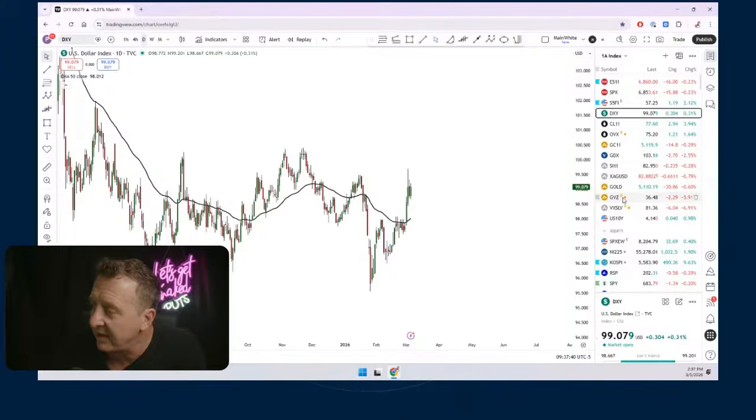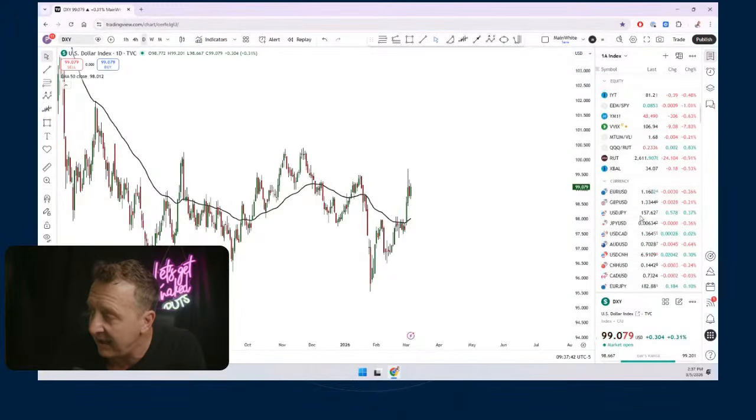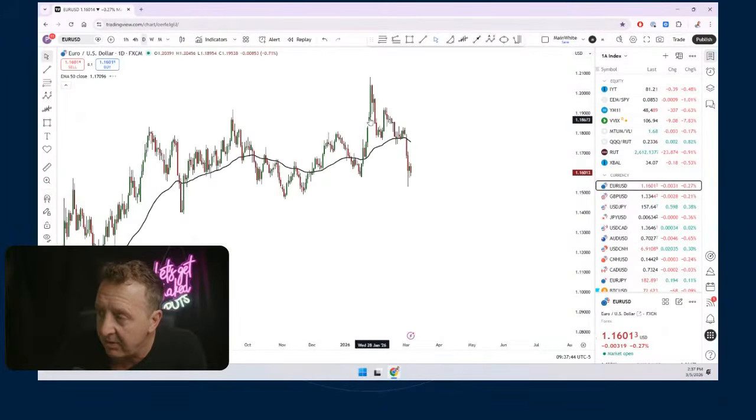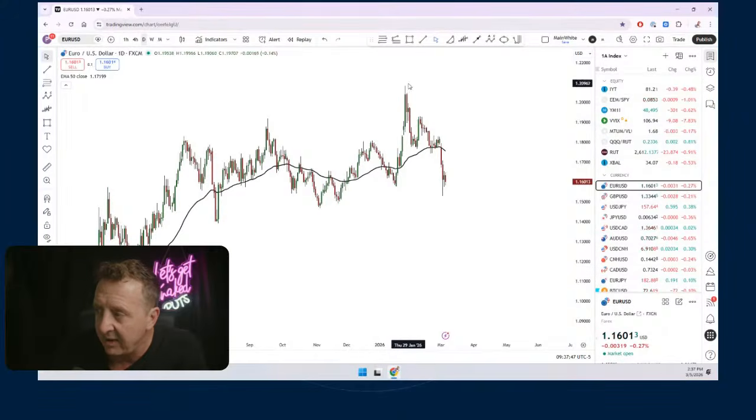So what are some of the things I just want to really quickly go through? One, the euro was where the breakdown occurred. The euro was the definitive place, broke back down to multi-month lows, and this will be the decider of where the dollar index goes, with over a 50% weighting in the dollar index.